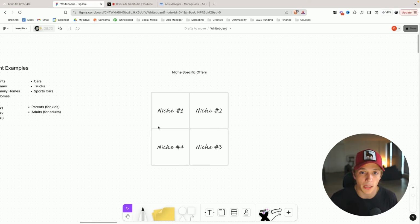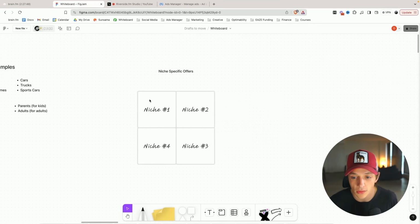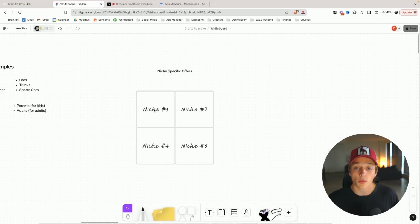And that's the first big bonus that you get with niche cycling, is that when you are only targeting, let's say, males under 40 years old, you can wrap up your client's offer to specifically call out and specifically target and specifically talk about the pain points and the dream outcome and the low effort and sacrifice and the time delay in relation to a male under 40's life. And when you do that, the people on Facebook are going to perceive these offers to be much more valuable. So what you do is, once you've decided your niche, you come up with that niche specific offer, and then